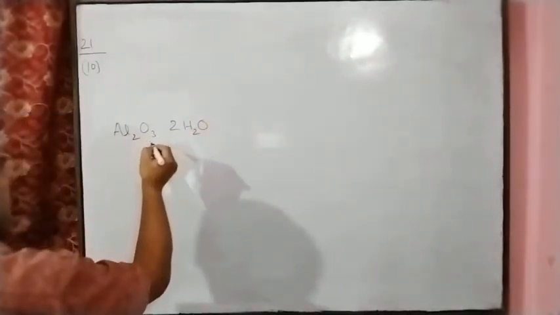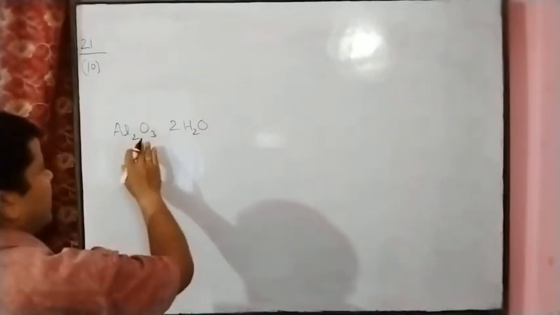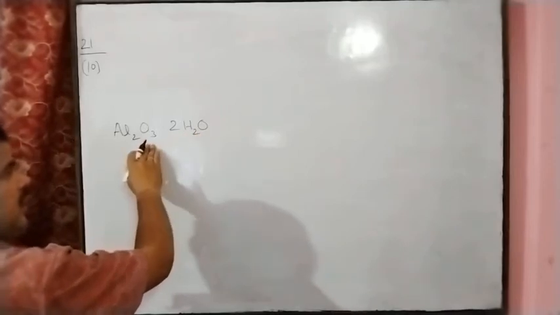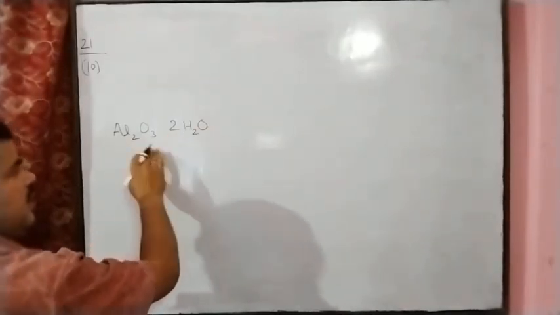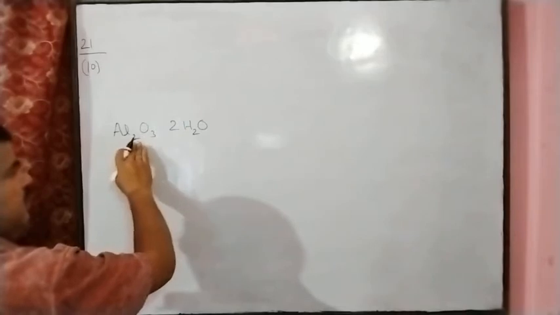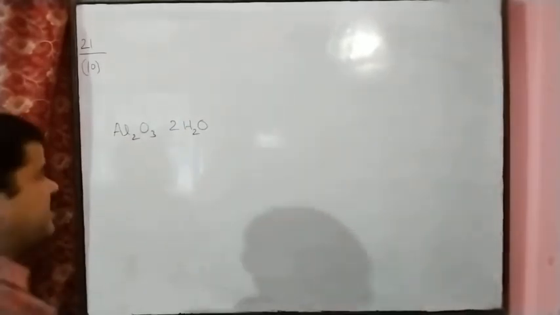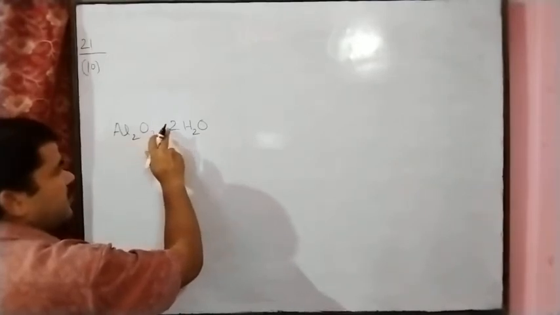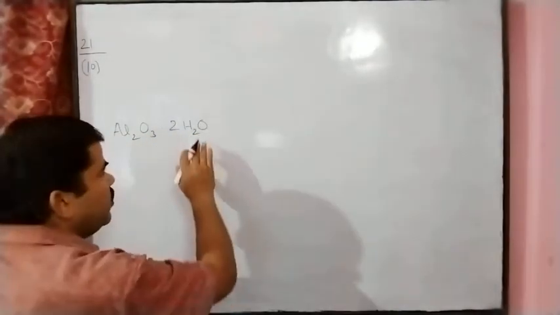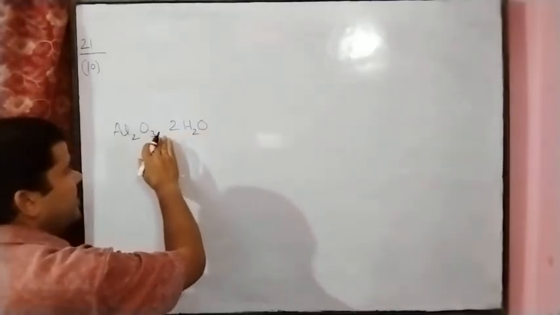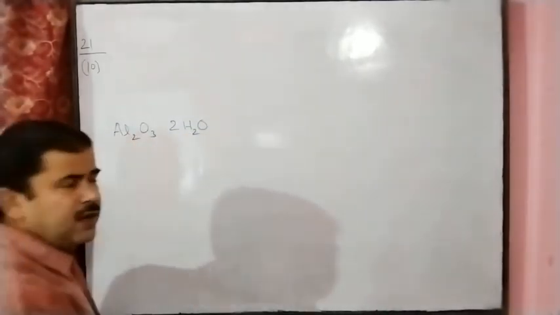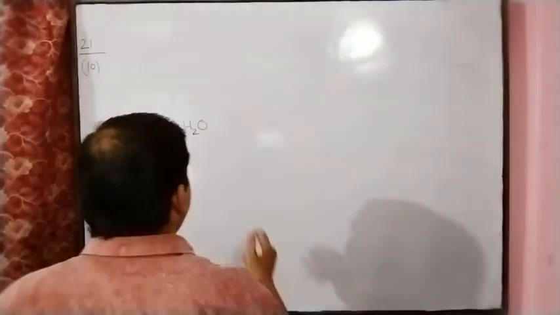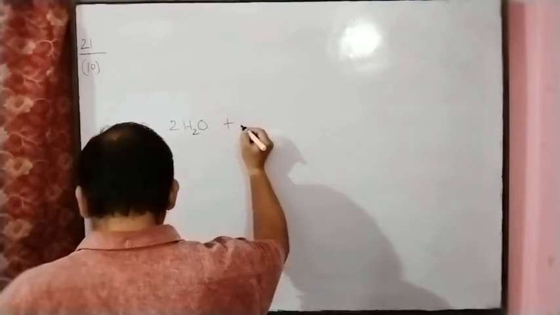So this is aluminum oxide dihydrate, and with this compound, two molecules of water are chemically loosely held with the aluminum oxide. This is the reason we are writing the dot here. Two molecules of water chemically and loosely held with the aluminum oxide. So we indicate it by the dot here. Aluminum oxide dihydrate reacts with sodium hydroxide